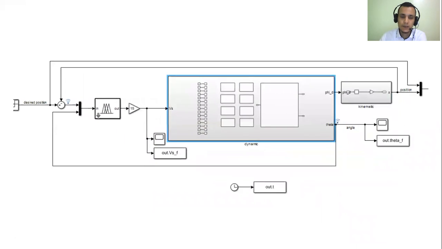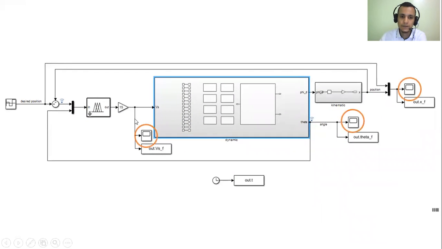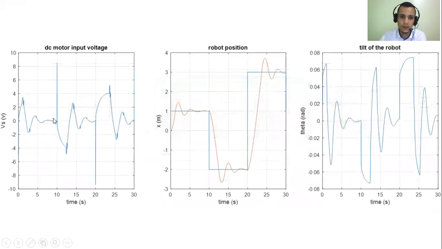All right, so that's the fuzzy controller. After fixing the membership functions, we get these results. This is Vs, the input to the DC motors. This is the x position, and this is the theta of the robot. We notice that the robot is following the desired position, but it's kind of slow, and it has a lot of